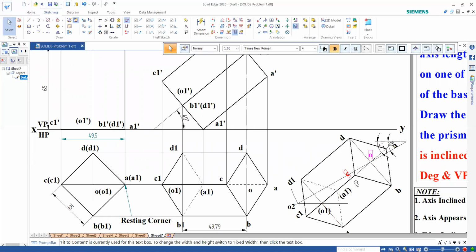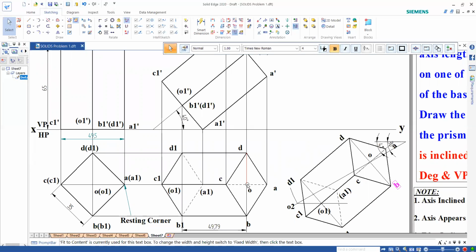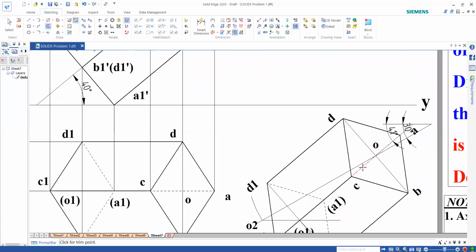So now you can adjust this naming properly so that A, B, C, D are all available. But here C and A should be hidden lines. So what I can do, I can trim this and show this as a hidden line.